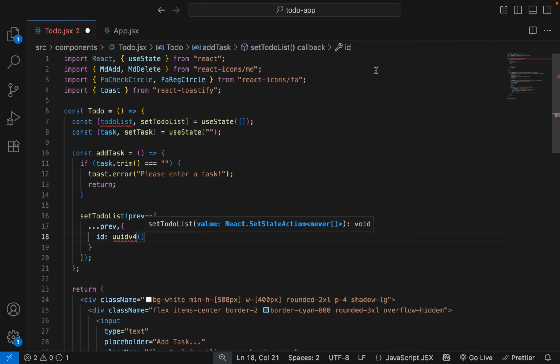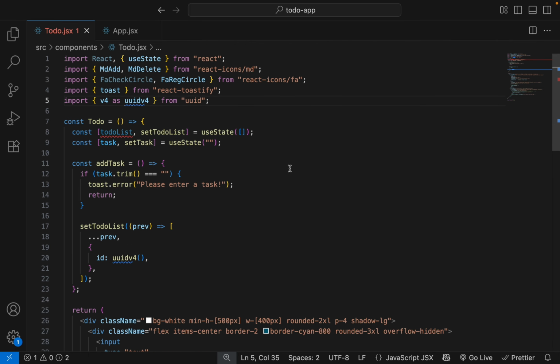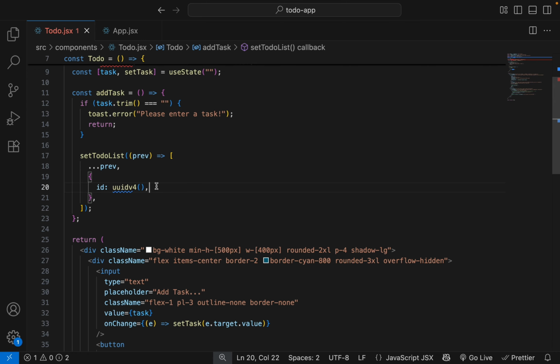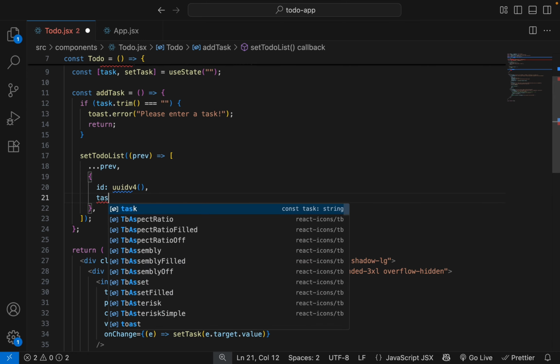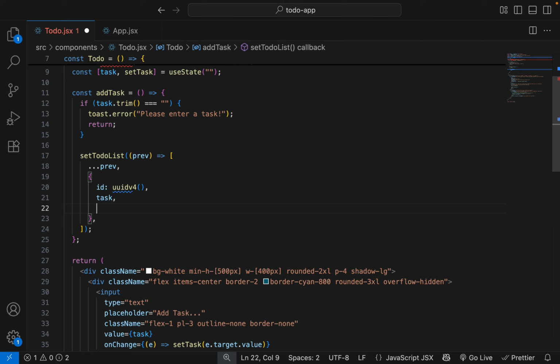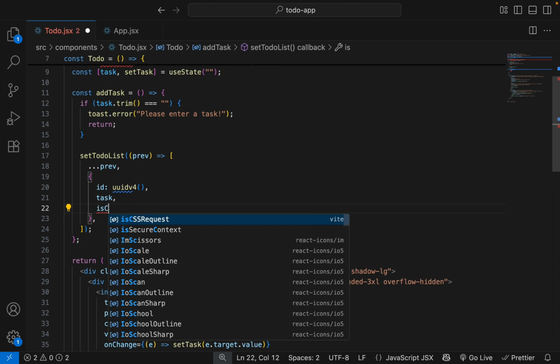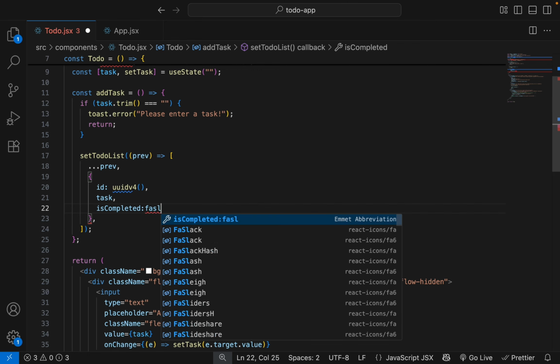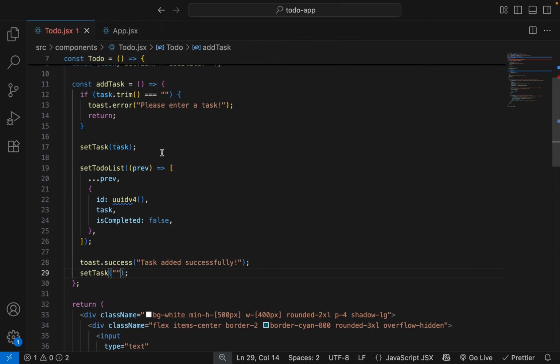Let's import. So this will generate unique ID for the task. After that, add a task and there is a property to show if task is completed or not. Let's remove this. We don't require that.